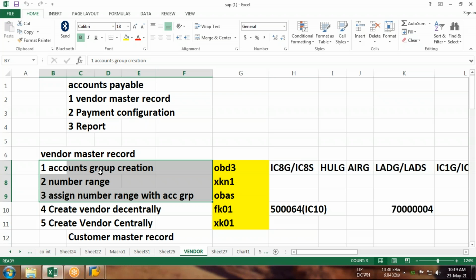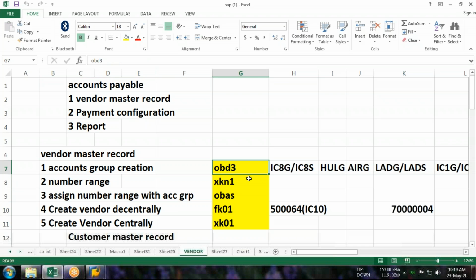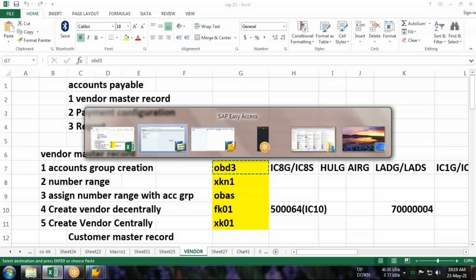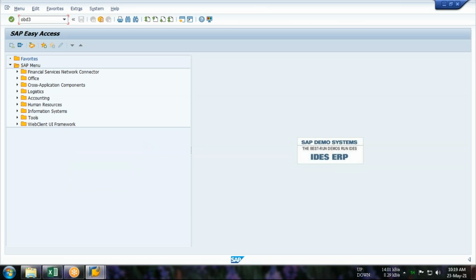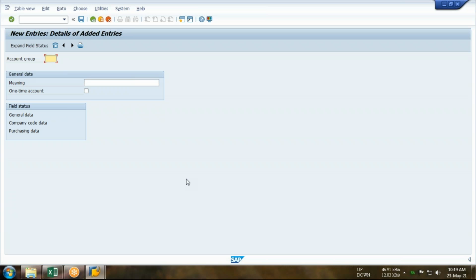How to create the accounts group? Let's see. The T code is OBD3. It's O, not 0. It's OBD3. Guys, the screen comes like this, and you have to click on New Entries. And here you have to maintain the accounts group. How, sir? Four characters. My company code is ICDL, right? So I am maintaining ICDG, and